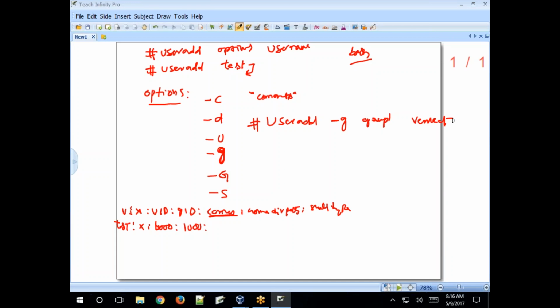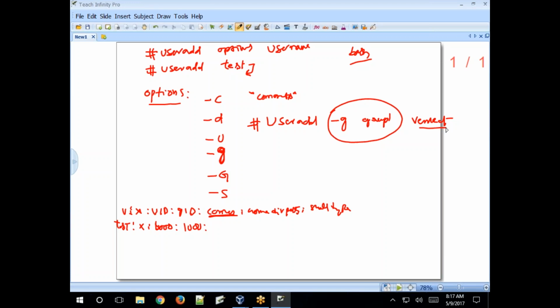Now Venkat's primary group is group1. If this were not specified, the primary group for the Venkat user would be Venkat, because a group is created with the same name. Here we specified it, so the Venkat user is added into group1, which is the primary group for the Venkat user.